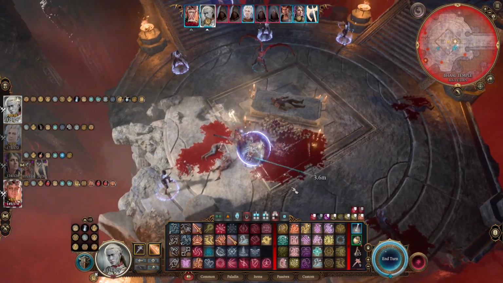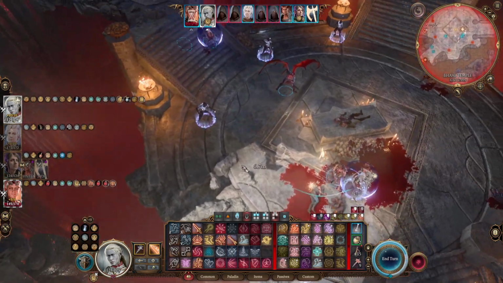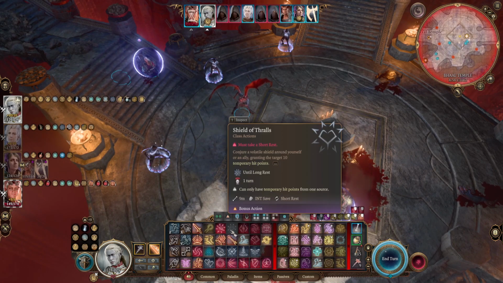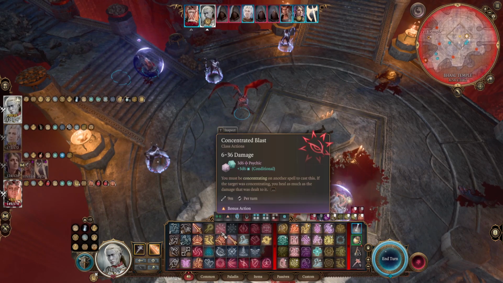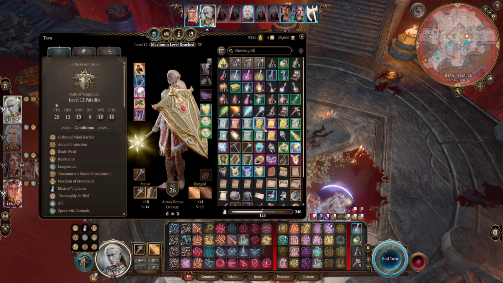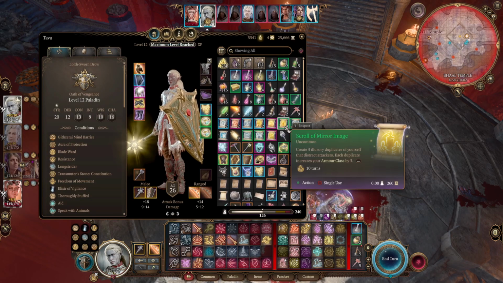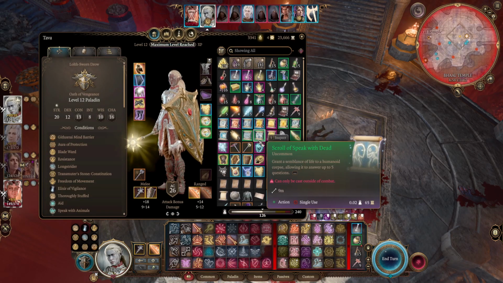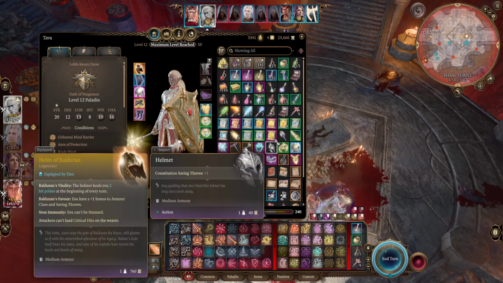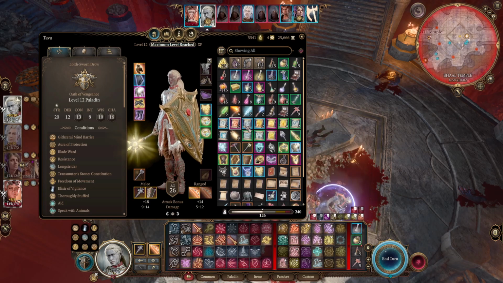Where do I go from here? You definitely have something that you can do. The mind blast is gone. We can do the concentrated blast, but that's single target. Scrolls. What do we got that's area effect here? We got a scroll of sunbeam. Disintegrate. How do I not have...